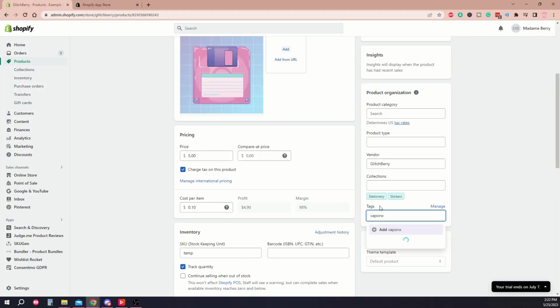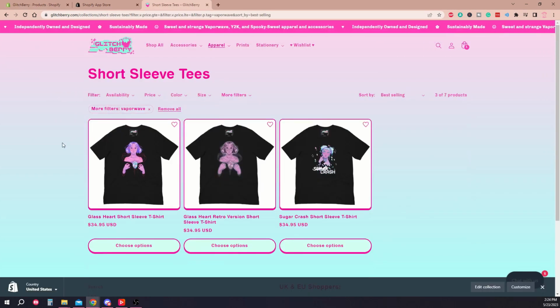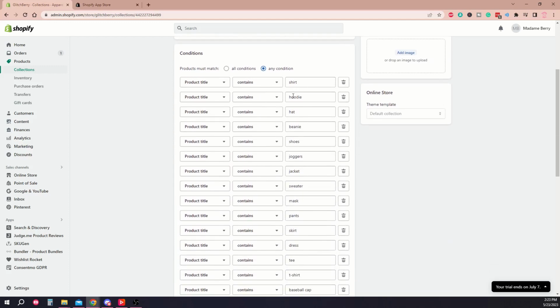And by giving products categories and tags, you can allow shoppers to filter exactly what they're searching for. Categories can also be set up automatically based on a tag, title, and many other things in your product listing. This simplifies the process immensely. I love that I don't have to go into each individual product listing and add every single category that product